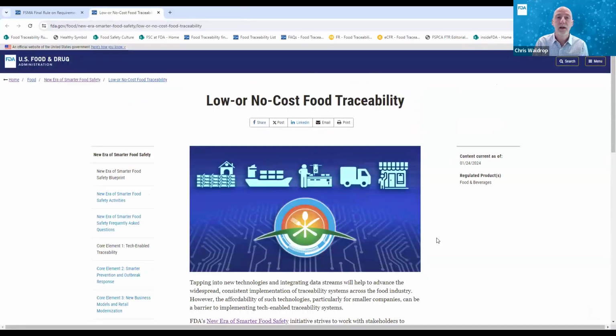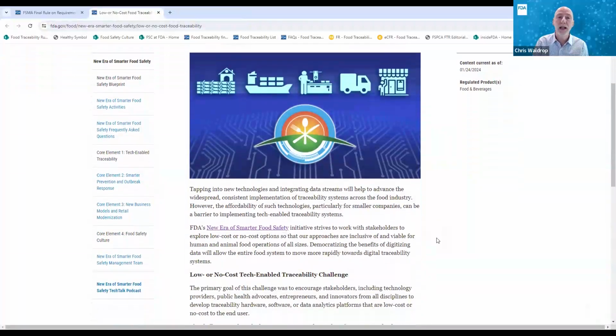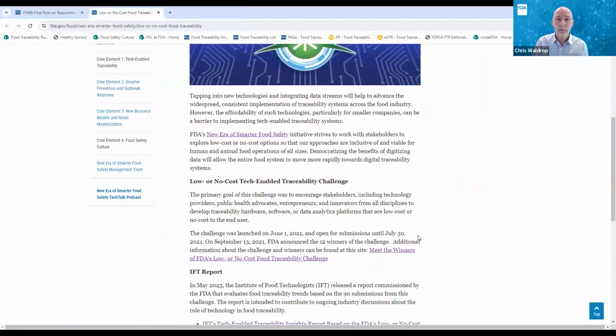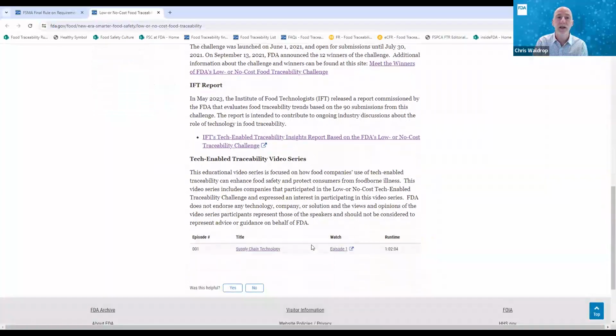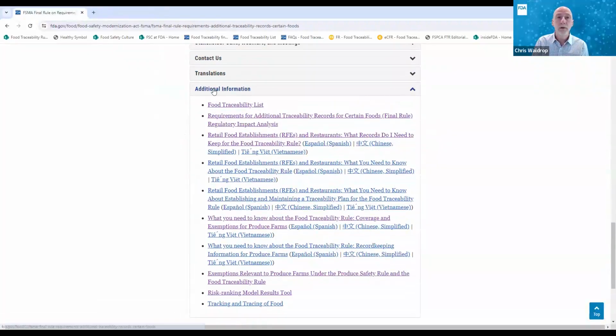And then last but not least, the low-cost food traceability challenge that we put together, where we list some of the folks that participated in that challenge. We have an IFT report that talked about that challenge, as well as a video series we've been putting together that focuses a little more on some of those folks who provided ideas around lower cost traceability solutions. So that's another aspect that's more on the new era side, but is related to the technology area for the food rule. Those are all the resources we have